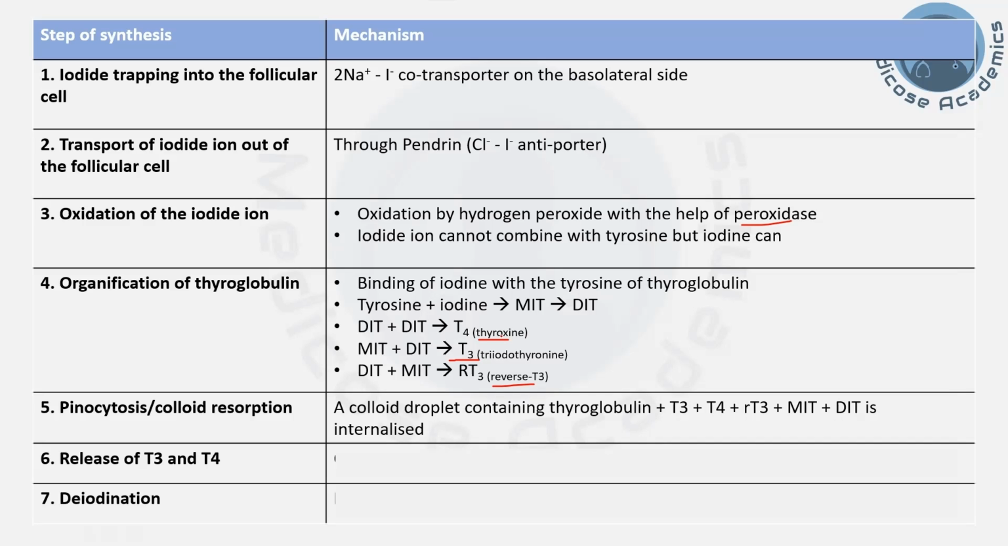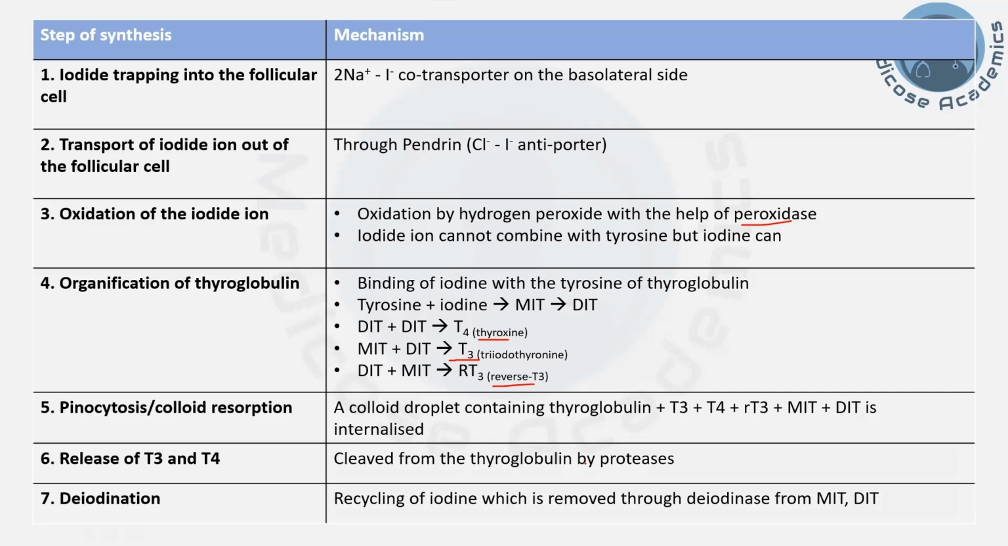Once they are internalized, the T3 and T4 have to be broken free from the thyroglobulin molecule, and this is done by the proteases which are present inside of the lysosomes. They cleave the T3 and T4 from the thyroglobulin. Once the T3 and T4 have been cleaved, they are released into the circulation, while the MIT and DIT